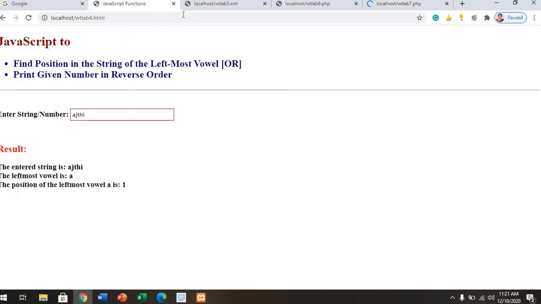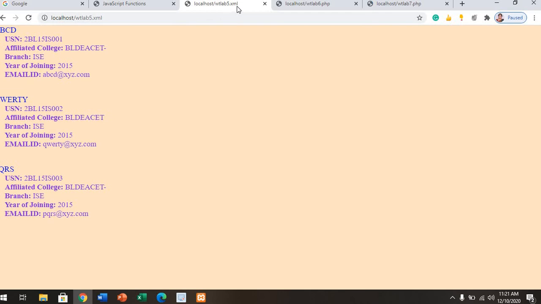Please do ignore the prior 4th script I uploaded in the Google Classroom. I will delete that one and upload this new one, because that had the clumsiness of saving across 2 files and other things. Go with this one. This is the 4th, this is the 5th, and the 5th has the extension .xml. Then the 6th and 7th have the extension .php. I hope you all have got it.